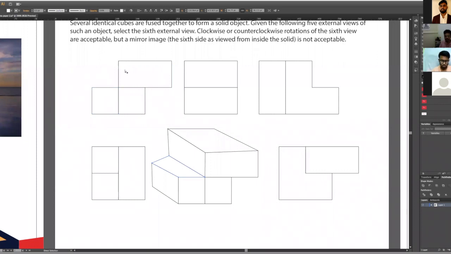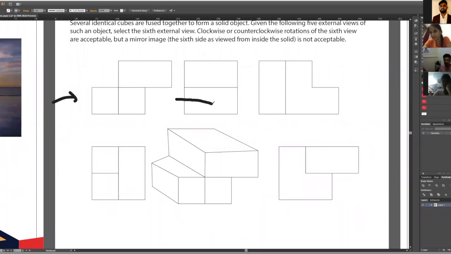Next, I have these two rectangles. Now tell me, where will I be able to see this sort of view? If this is the side view, where will I be able to see this sort of view? Front or back? Top, maybe. So either I will be able to see it from here or maybe from here, right? Because it is just two floors, right?